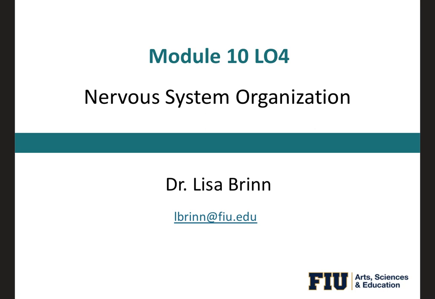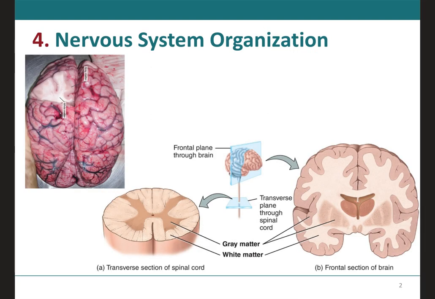Hi guys, in learning outcome number 4 of module 10, we will be covering the organization of the nervous system. As we can see on this image of a freshly dissected section of the brain, but this will also happen on a spinal cord, some of the regions look white and in others they appear gray. So this is why some areas are called the white matter and the gray areas are called the gray